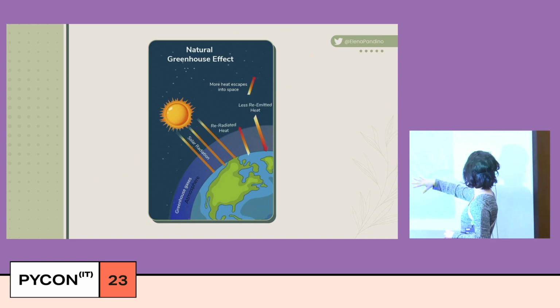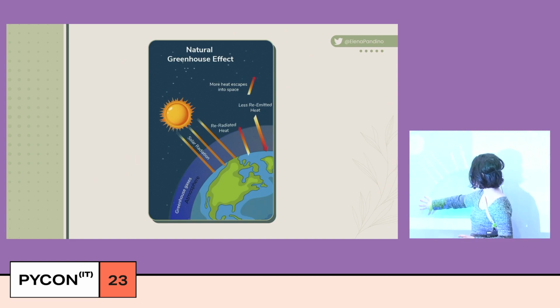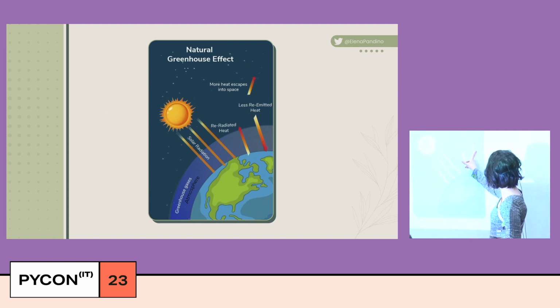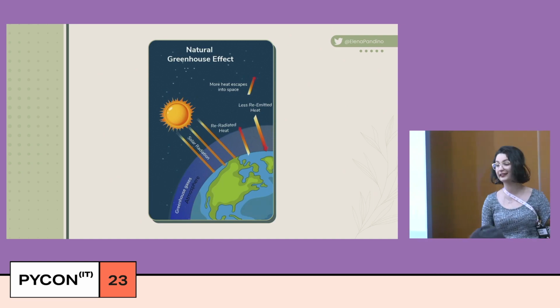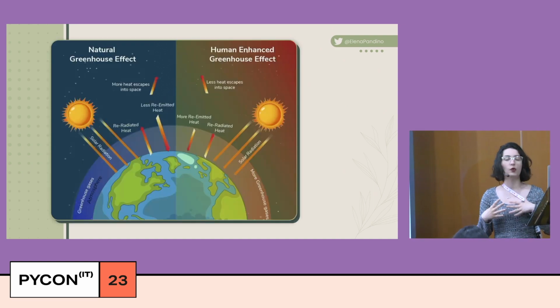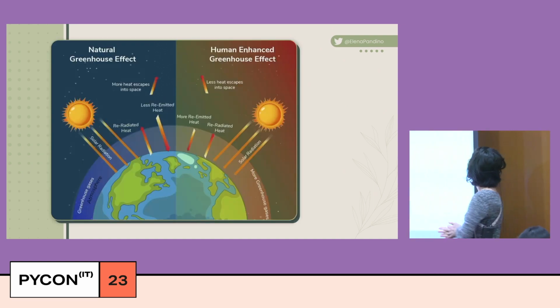How does it work? We have these greenhouse gases in the atmosphere, and they create a layer. This layer retains the solar radiation inside the atmosphere. Solar radiation, of course, has heat, so it is what is warming. And this is something that we can consider good. What is not good is